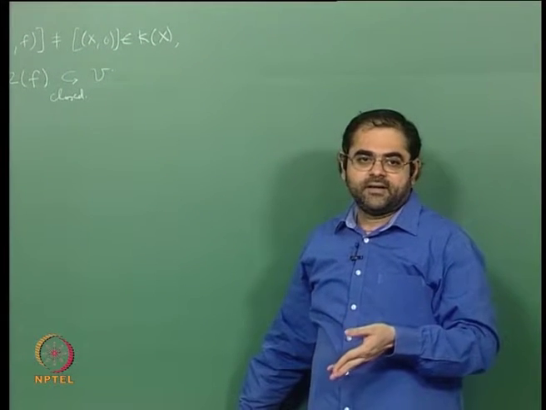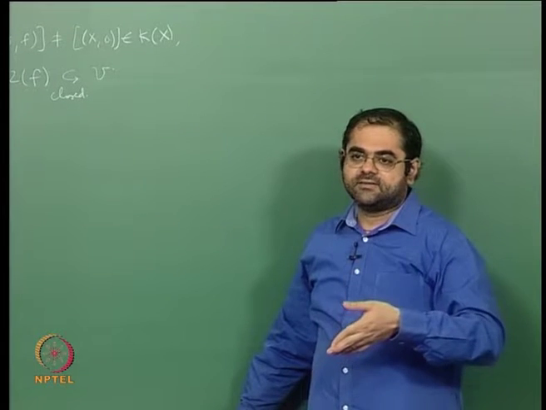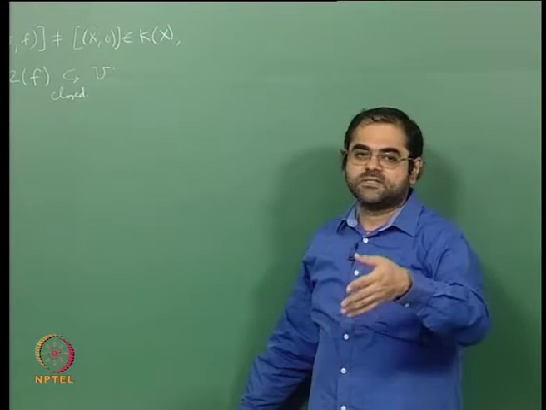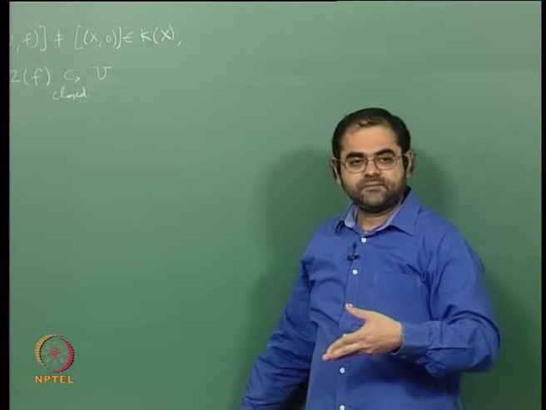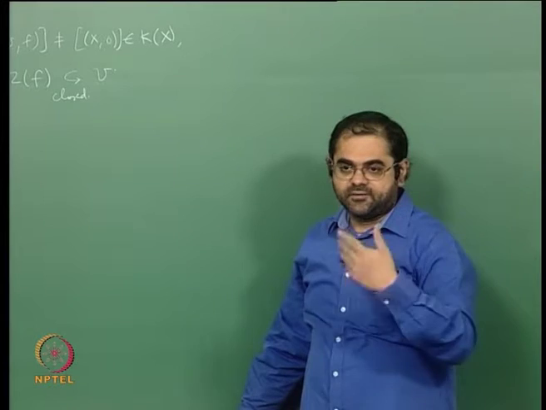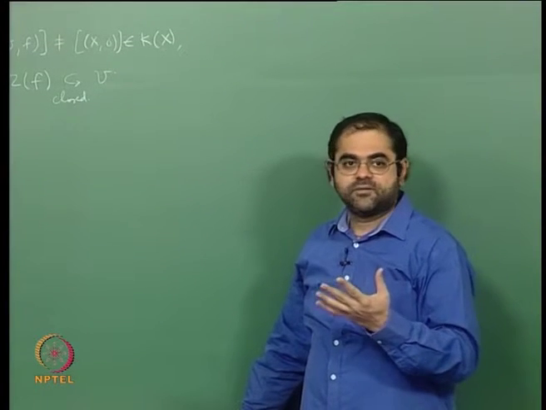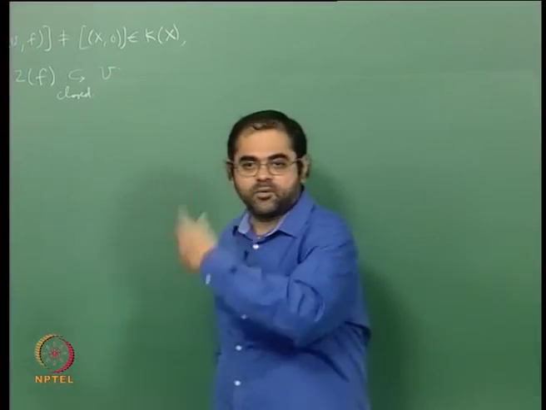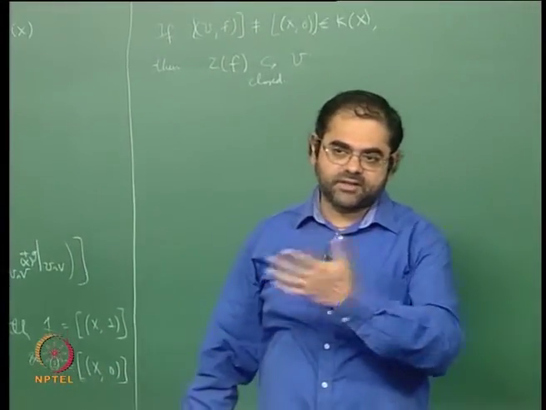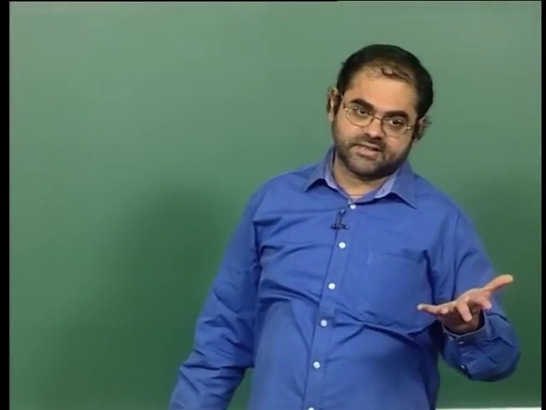In the affine case they are common zeros of a bunch of polynomials, and if you are in the projective case, then it is common zeros of a bunch of homogeneous polynomials, okay. In any case it is just vanishing of polynomials that gives the closed subsets for the Zariski topology,